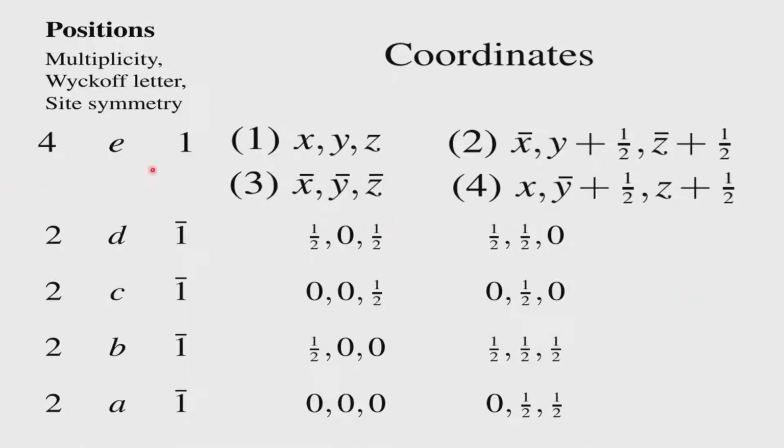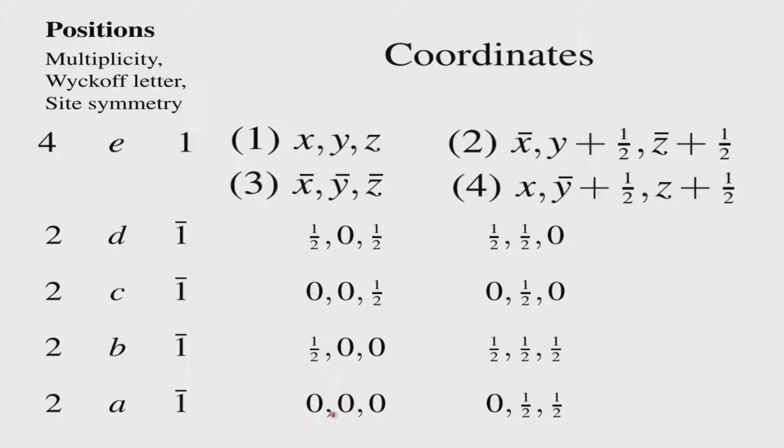So, these are the 4 equivalent positions, and there are special positions again in this space group. These special positions come like this. We have a position which is when the object is associated with the origin. So, if you take the origin and put x, y, z to be 0, 0, 0, then you will get 0, half, half as the second possibility. This will again be 0, 0, 0, this will be 0, half, half, the translation along y, the translation along z. So, the 0, half, half will be the second equivalent point. So, there will be 2 objects rather than 4 associated when they are sitting in this special position.